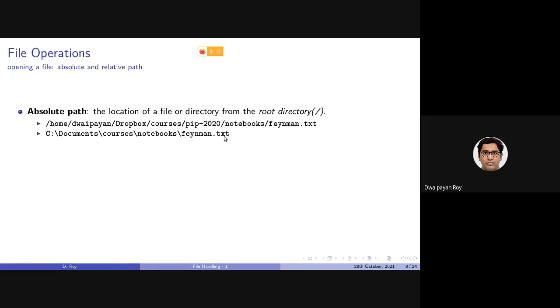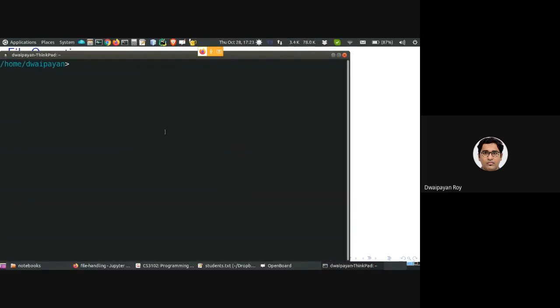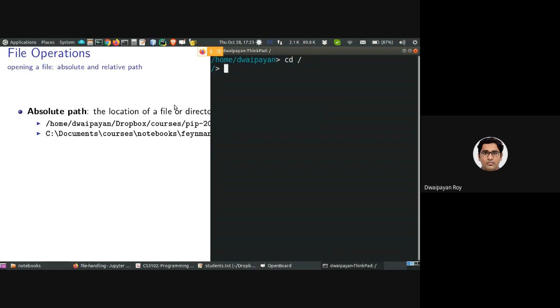Okay, let's briefly look at how this actually looks like. So this is the root directory, right? As I said, this is the root directory.